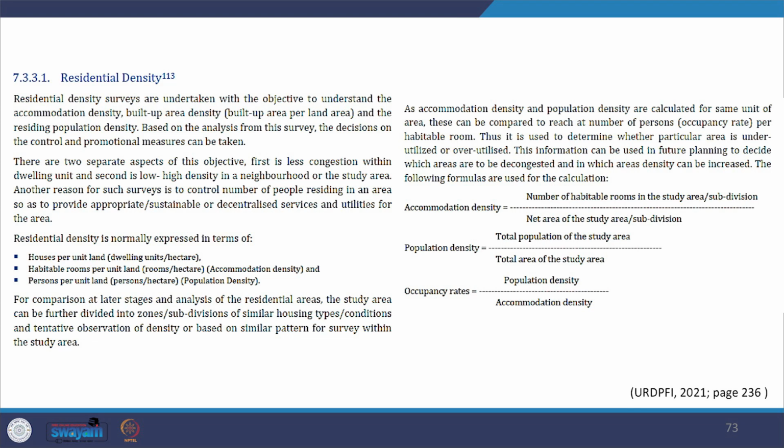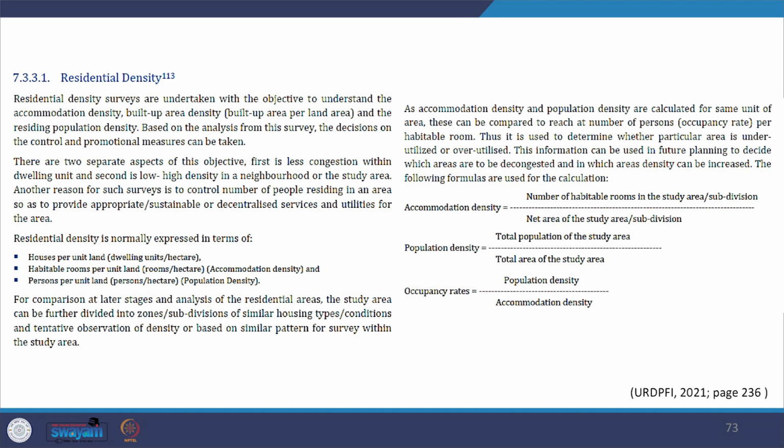So you see how the resources are mobilized when such services are provided. The density of population per unit area may either be expressed as gross density or net density. The gross density is defined as the average density of population per unit area of the whole residential zone. The net density is defined as the average density of population per unit of the housing area, including local roads only and excluding open spaces, public institutions, shopping centers, and so on.